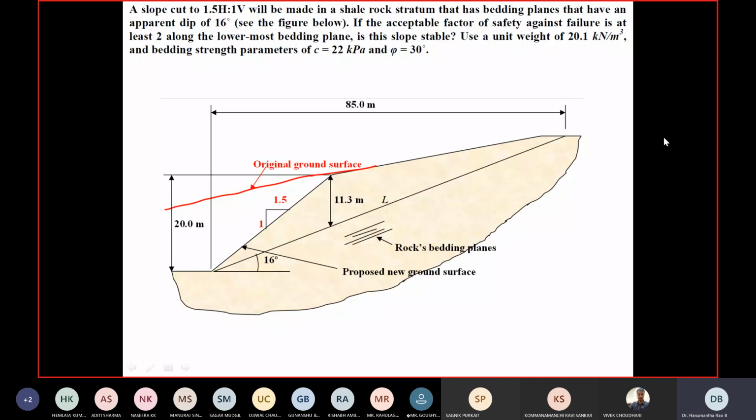So here this is a triangular geometry, so this comes under planar failure. You can either determine this by the planar method, that is Culmann's method, or we can directly go for another method, that is C-phi soil. So here in this case, we will try to analyze this by the C-phi method. For that you need to determine the weight of the whole slope, which is the driving force causing the shear stress.